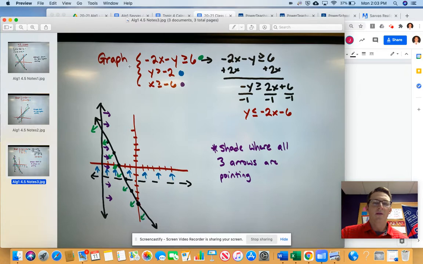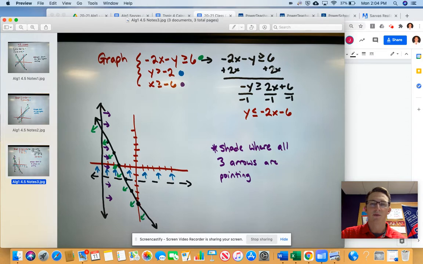Lastly, we have a system of 3 linear equations. But this one is not written like y equals mx plus b, how we like. That's how we want to graph it. So let's play around with it. If we start with negative 2x minus y is greater than or equal to 6, we want to get the y by itself. Same idea as like 4.1, where we solve for y. So let's move the x over. Let's add 2x to both sides. So now we have negative y is greater than or equal to 2x plus 6,